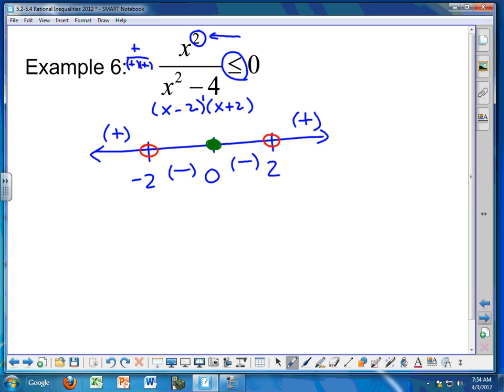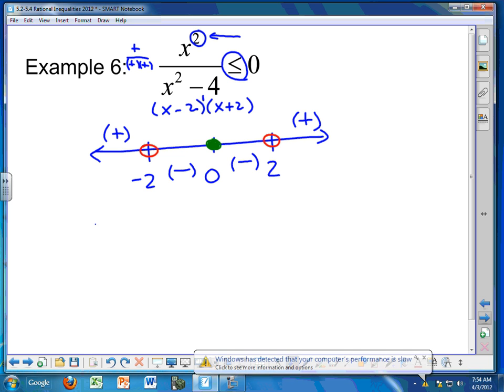So the values that this fraction has to take on have to be less than or equal to 0, and that all appears between -2 and 2, and it does include 0. So we would write in set notation x such that, and just write it as an inequality from -2 to +2,